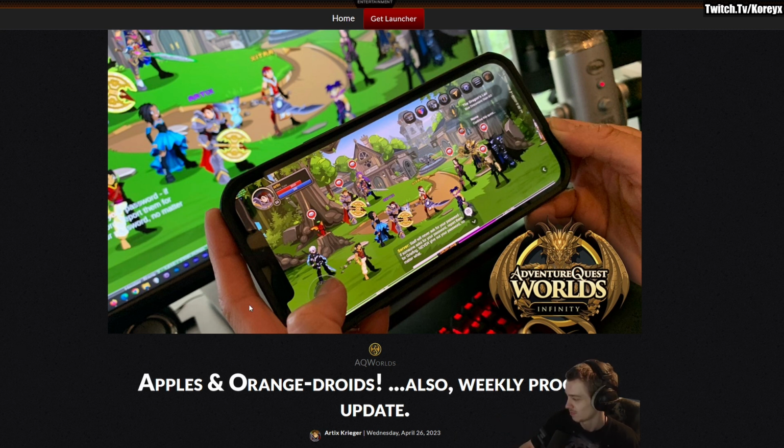Let's get into it. Alright, so something you might not have noticed from looking at this image is the UI is separate from mobile and PC. You can see both here in the same image. You see the text box is off to the left there. It's in the middle of your screen on mobile, which is an interesting choice on where to put it. And it doesn't look like it auto hides or anything yet. It probably will in the future, considering that's how it works on AQ Worlds right now, and this is probably still very work in progress, but they do have separate UIs, which is great. They do for AQ3D as well, so it was to be expected, but good to see it in action.